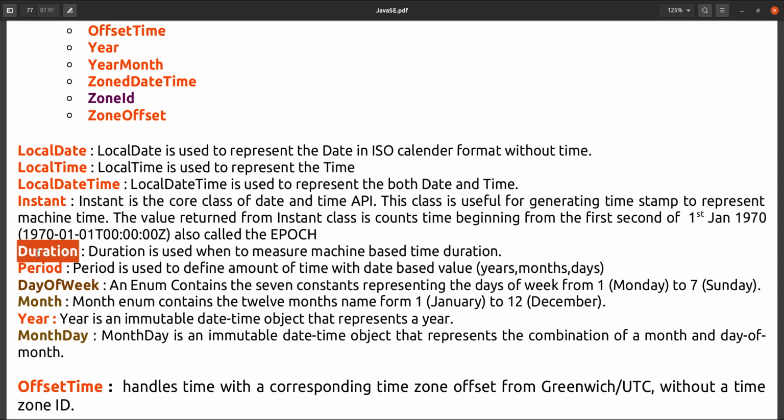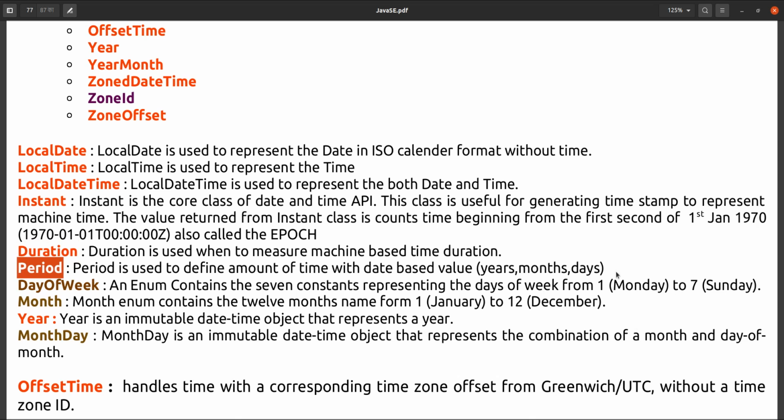Using duration we can measure the time in hour, minute and seconds only. If it is 3 years, we have to measure the duration using date, hour, minute and seconds only. But if we use this period, we can measure the times using year, month and days also.